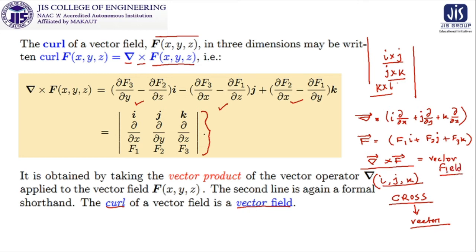In comparison, in the last class, when we took del dot f, it came as a scalar field because it is the result of a dot product. Also, one thing I want to mention, as I mentioned in the last class, is that this is to be done and this is the only option. You can't reverse it by any means because it is not consistent with the definition.